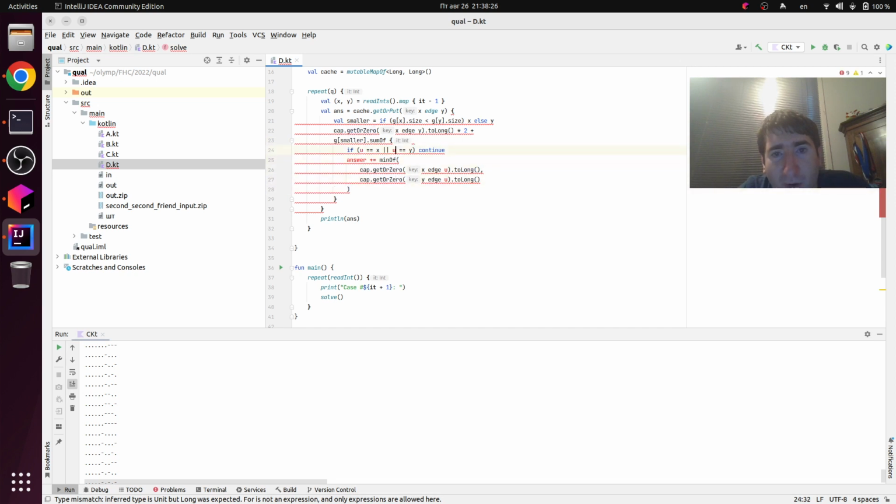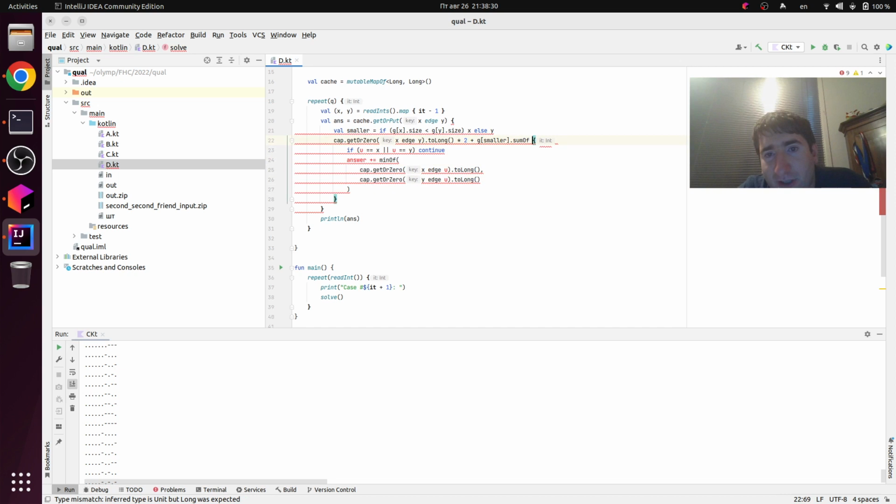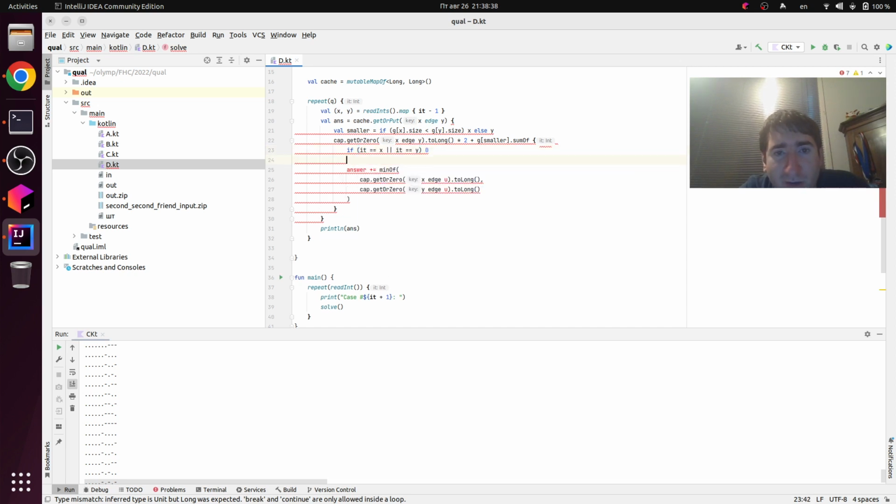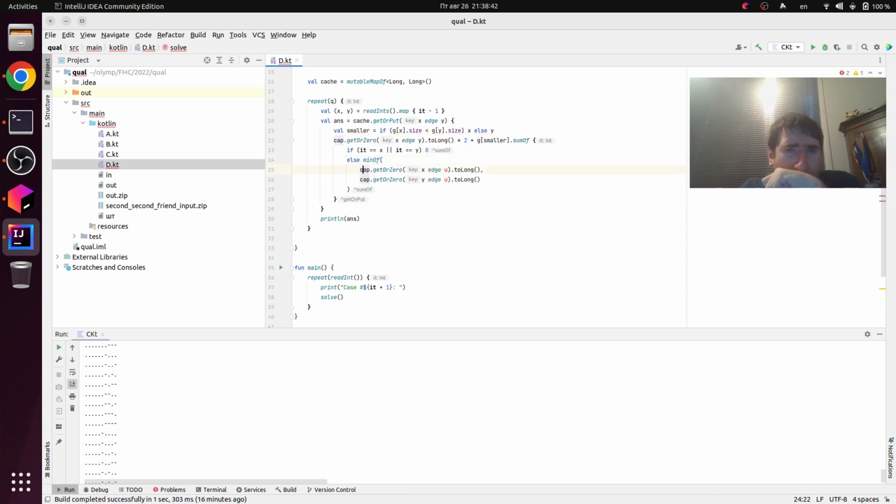So what is sum of? It is the sum of values returned by the lambda. So now when it is equal to x or equal to y, I'll just return 0, else I return this minimum. Probably don't really need this check